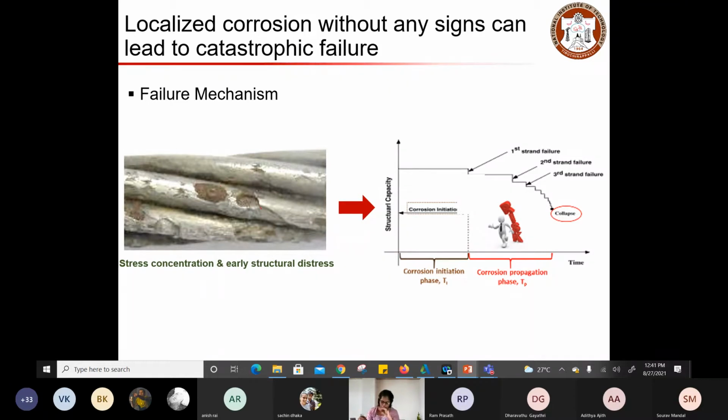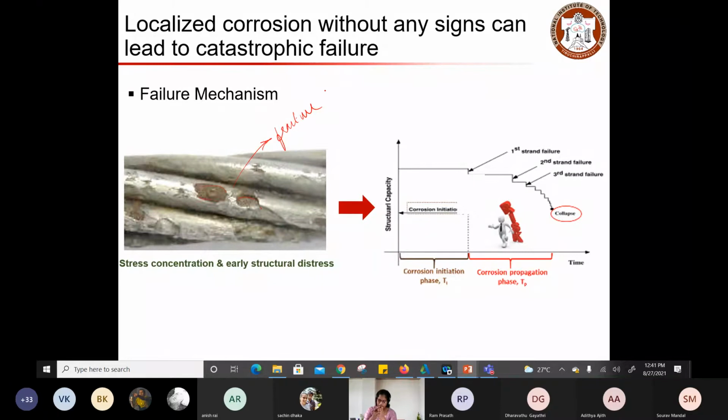So once you start looking at one particular pitch length, and when that region is corroding, you are actually experiencing the corrosion of 6 wires in that region. All the 6 wires in that particular region are experiencing corrosion. So the cross-sectional loss of those 6 wires is going to occur in a particular pitch length. Now, in this image, you can look at the pit formations at this point. Over time, as corrosion progresses, this wire gets weak, and then you may observe fracture of this particular wire.